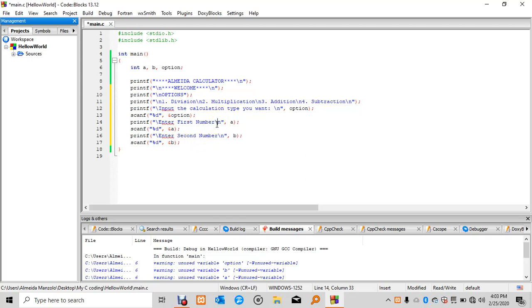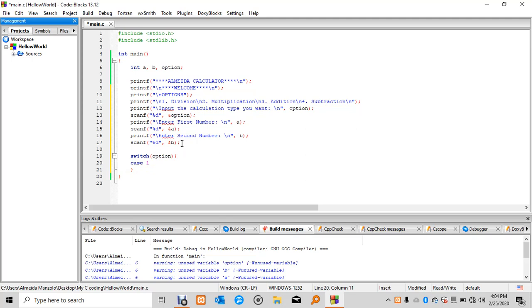I need to have some space here. Yeah, you're gonna make it look a little bit appealing. Right, so we have this first number, second number, right? Let's get started again. So from there, we should introduce what we call switch. So switch, inside here we're gonna have the options. Alright, so then we're gonna open up and say